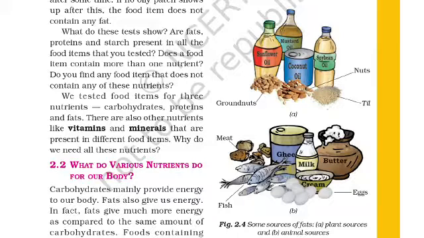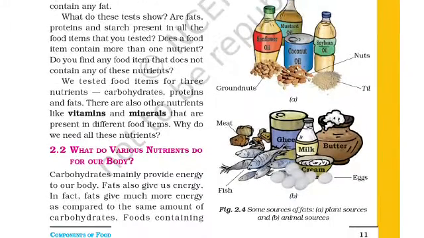Firstly, let us see the plant products from which we get fat: sunflower oil, groundnut oil from groundnut, coconut oil from coconut, mustard oil from mustard seeds, and soybean oil from soybean seeds. Then nuts and til. These are all plant sources of fat.